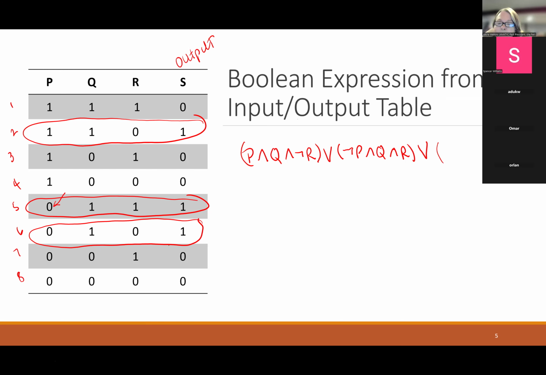drop the Boolean expression in there. Okay. I'm seeing a lot of, oh, this is hard to write, not P and Q and not R. Yeah, because the R is a 0. Okay, cool. Looks good. All right, so